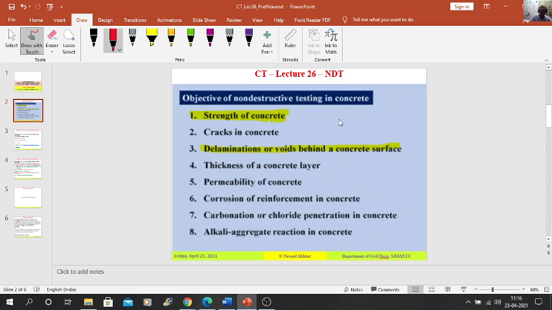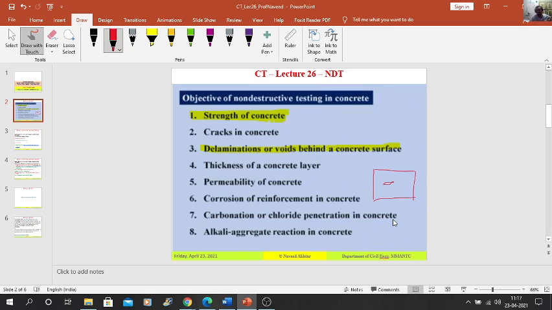Sometimes below the concrete surface, there are certain air bubbles left in the concrete. It may be due to the compaction of concrete, or not proper vibration, or not proper compaction of concrete, that the voids appear below the surface of your concrete.